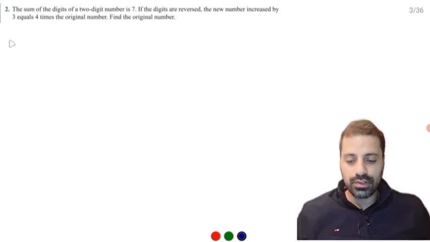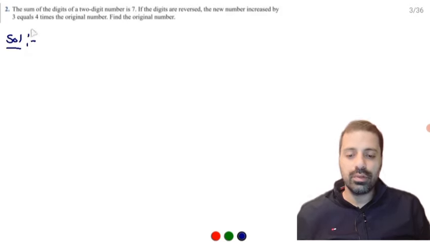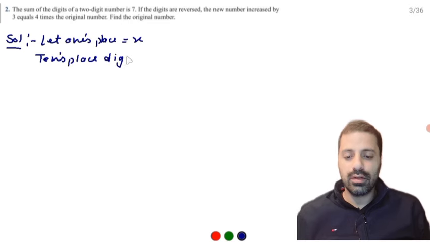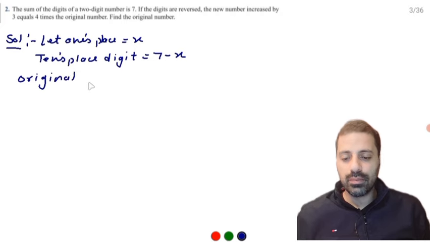Now comes the question number second. The sum of the digits of a two-digit number is 7. So again two digits are given and their sum is 7. So here I can assume let the ones place digit be x, then the tens place digit will be 7 minus x. Okay, my dear students, then the original two-digit number will be